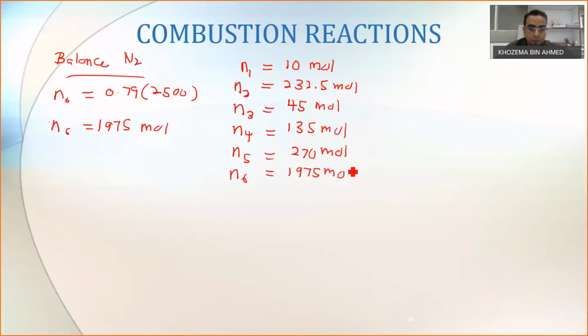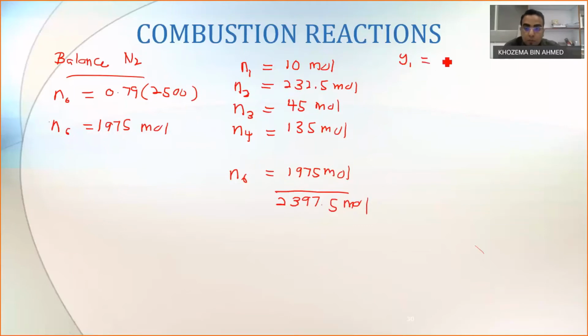In the question, it asks us to find the composition in dry basis, meaning that if you are talking about dry basis, we must exclude the mole of water, because in dry basis there should not be any water present. So if you add up N1 plus N2 plus N3, N4 and N6, you'll get a value of total mole is equal to 2397.5 mole. So by using this, you can find the value of Y1 until Y6, which is our molar fraction. So you can do this on your own and you should be able to get Y1 is equal to 0.0417,